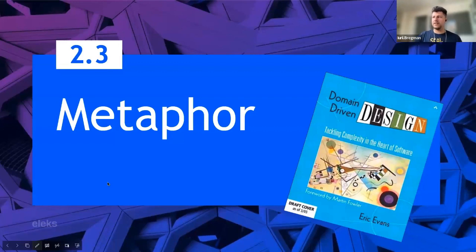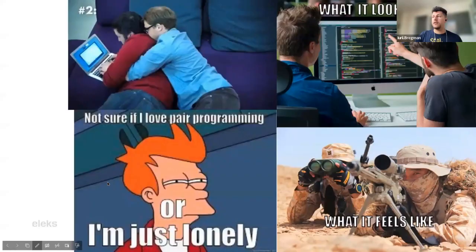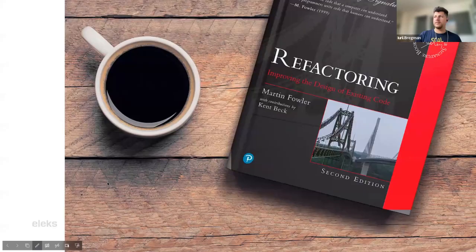It supplements things, especially if you're going to the higher level. And obviously, the book Refactoring. I will add all of the book recommendations in the follow-up or in the description.